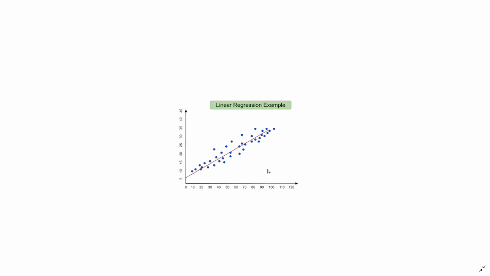So regression, it sounds very difficult, but let's take the example of a favorite vada pav. Suppose I'm selling you vada pav. I sold 10 vada pavs today, 20 vada pavs tomorrow, 30 vada pavs on the day after that. So can you tell me what will be my number of vada pavs that I sell on the fourth day? I think you will be able to estimate it very easily.